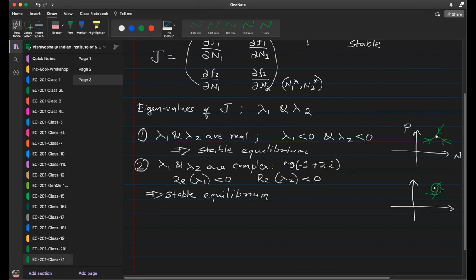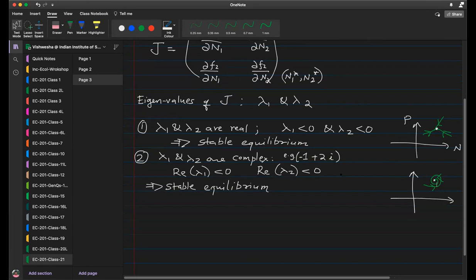So do you understand the difference between the two? Now there's a third case. There are many more cases, by the way, by no means just 3 cases. Chapter 5 in Strogatz covers this, I think chapter 5 or 6, I forget. I think it's 5. I think I mentioned it in the last system also.